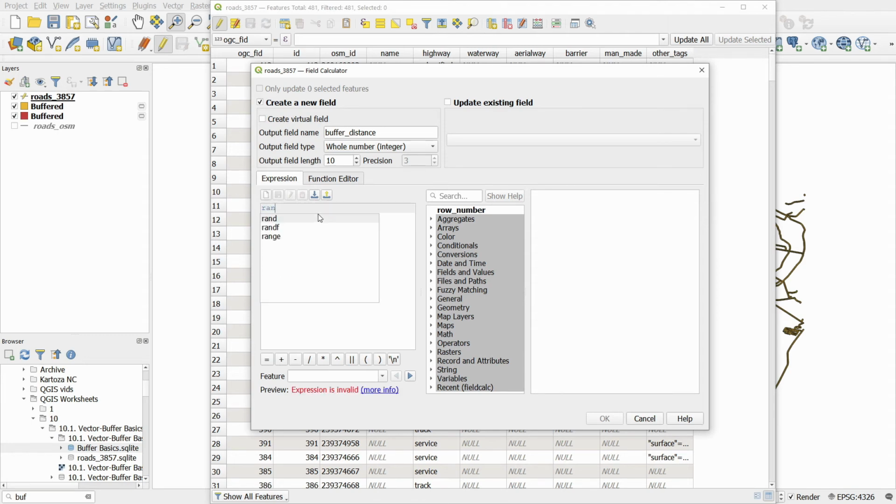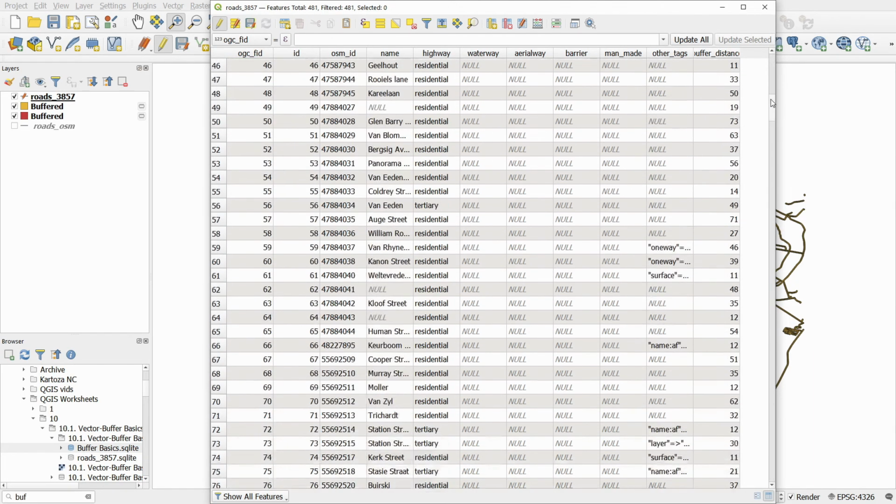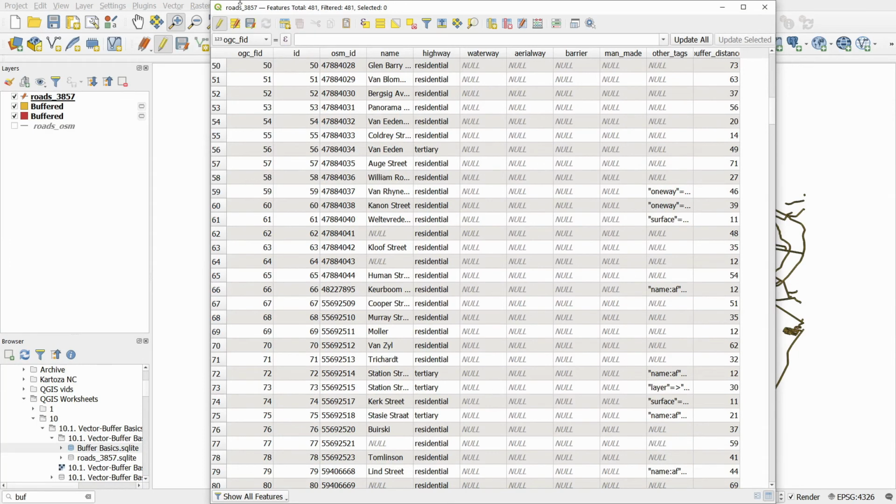So I'm going to use the rand function and put in random distance between 10 and 80. You can see the preview here, it's just made a distance of 50 and press OK. You can see our distance buffer field has been created and that for each instance or each row, it has created a random distance. Save your changes